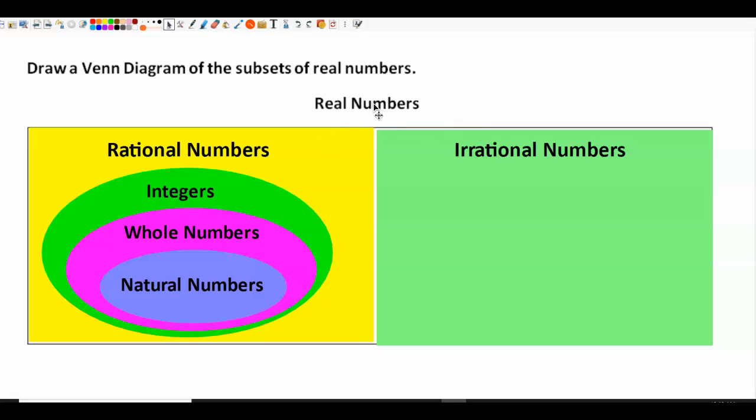A number that is a real number is either rational or irrational. It's got to fall on one side of the dividing line. So all numbers are either going to be rational or irrational. If a number is rational, then it might also be an integer, it might also be a whole number, and it might also be a natural number. So it can become something more. And then conversely, if a number is a natural number,